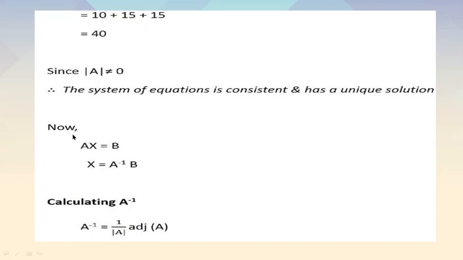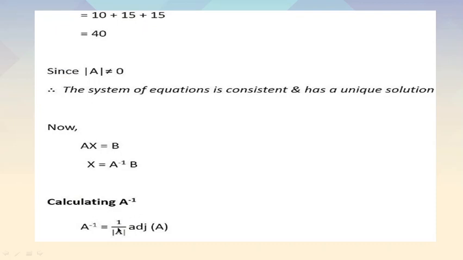And how would we find it? We have written the equation as AX equal to B. So X is equal to A inverse B. How did we get this step, X equal to A inverse B? That's what we learned in the last video, that we cannot take A to this side and we cannot write X equal to B by A because division is not defined. So that's why we pre-multiply with A inverse and we will get X is equal to A inverse B. Now B matrix is already ready, but we have to calculate the A inverse matrix.